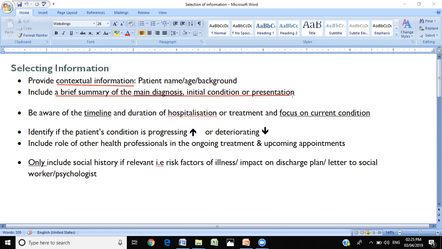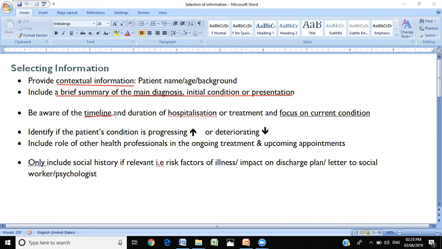Because of course he had pain, and of course he had those issues, but for that reason we have performed the surgery. So that's no longer the issue now. The issue now is, what are the problems that he still has after the operation, and what do we want the other person to do about it. So main focus has to be on current condition, not too much. And that is why I have used the words brief summary. So that has to be a very short summary.